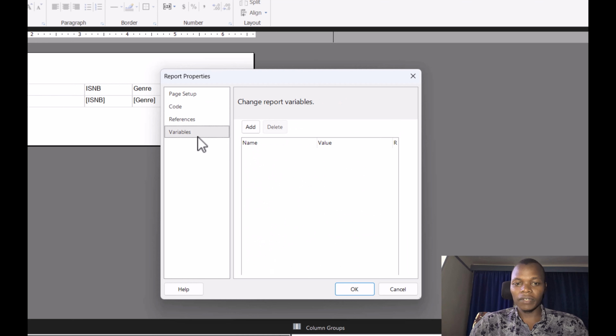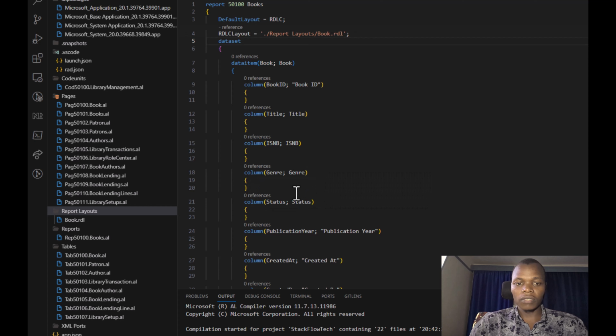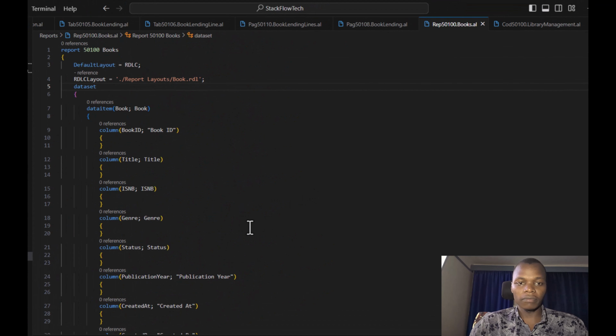There are references and variables. You can add them. Now, I want us to save so that we can publish and see if we can see the changes. And again,